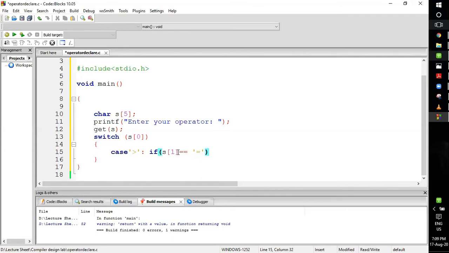then it will print greater than or equal to.